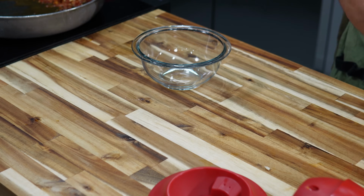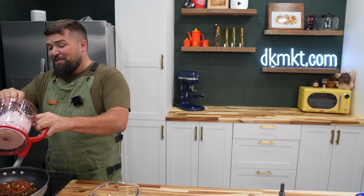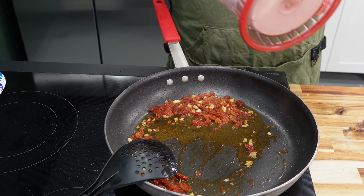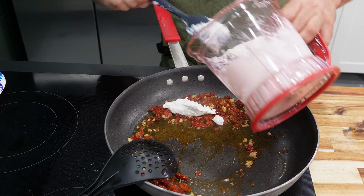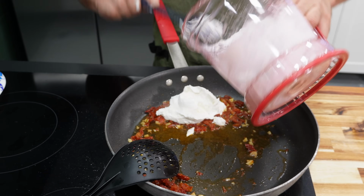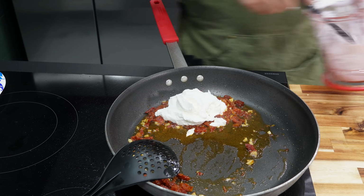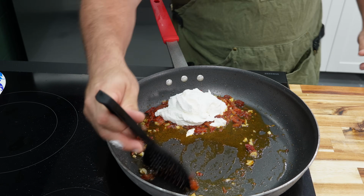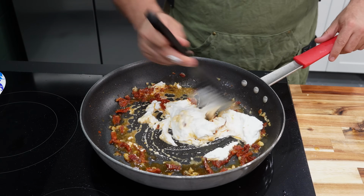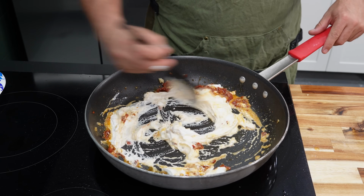I hope this works. We're gonna take our cottage cheese and spatula it into this sun-dried tomato party, which is weird to me. I've got my heat quite low, like 3 out of 10. But this is what it's telling me to do, so I'm doing it. It's a cottage cheese bowl like never created before, and we're just gonna stir it up and mix it all together, and this will be our base to our bowl,